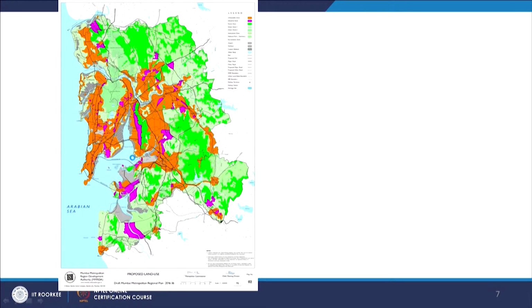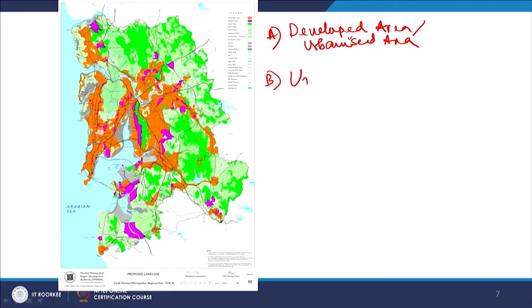Similarly, like the Delhi regional plan, you can see that they have indicated the already developed or urbanized area, and then they have mentioned future urbanizable area, and also they have mentioned conservation area. So, here these are the existing developed area,